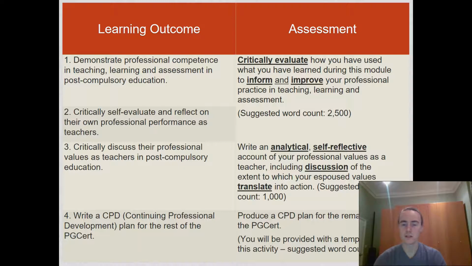So, for me, this is the key word of discussion, right? To critically discuss. You can't have a discussion with one point of view. So, one of the ways in which some of these assignments were a bit weaker was that they tended to be one-sided. So we're looking for a conversation within the piece, having different perspectives, looking at some of the challenges or the grey areas, where values cross over, or where it's quite conflicting or difficult to put these values into practice. That's the heart of what we're aiming at in that particular piece.